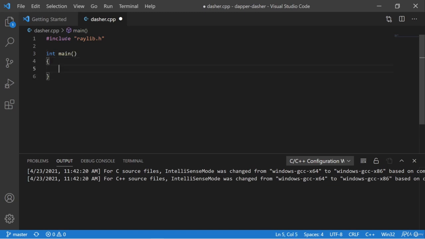Now we're going to need those two integer variables for the window width and the window height. So I'm going to say int windowWidth, and I'll use braced initialization, and I'm going to use a value of 512, so 512 pixels. Now for the integer for window height. So I'm going to call this windowHeight, and I'm going to initialize this with a value of 380. That's okay if you used different numbers for your window dimensions. Now I'm going to give this a comment and say window dimensions,